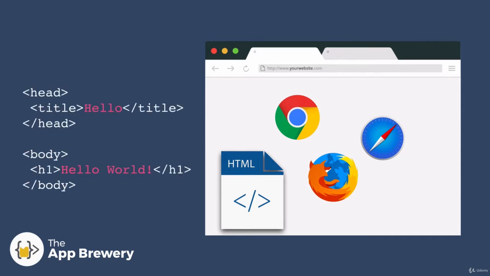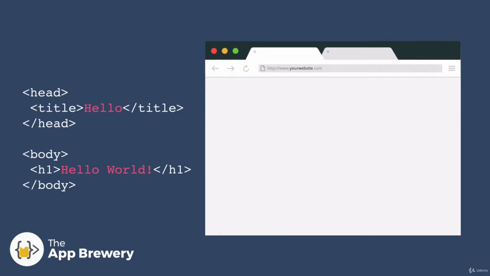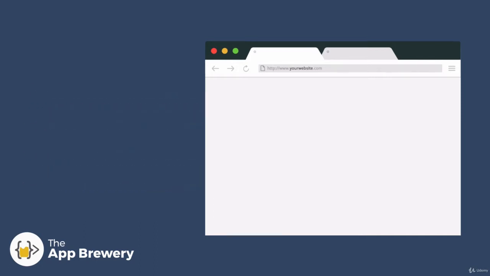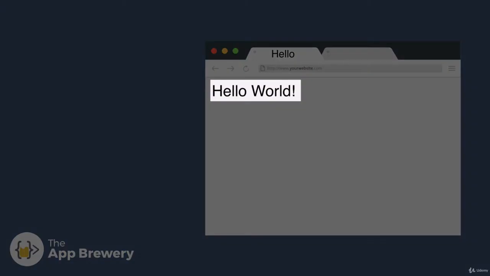For example, we've got a little bit of HTML code here that says that our website should have a title called Hello, and in the body, there should be a heading that says Hello World. So if we pass that code into our browser, it will open it and display it like so, with the title of the website usually on the tab bar, and that H1, or that big heading, showing up in the